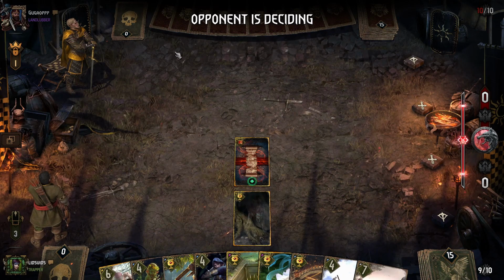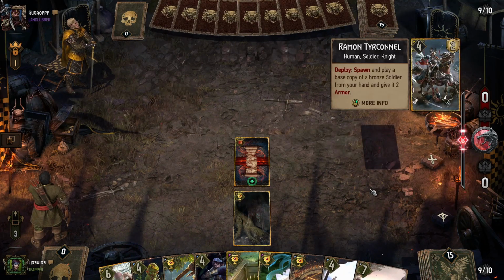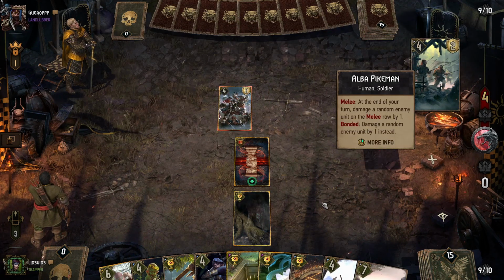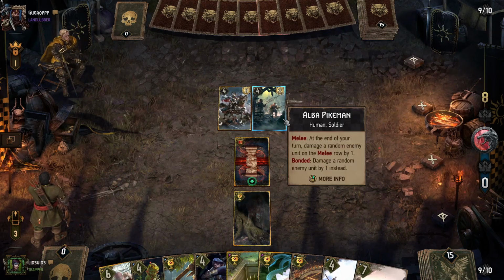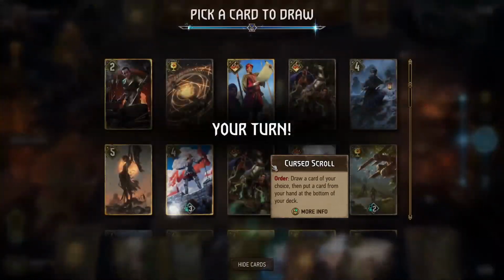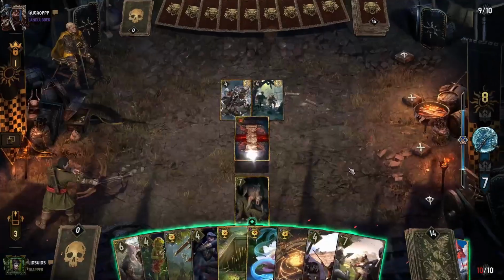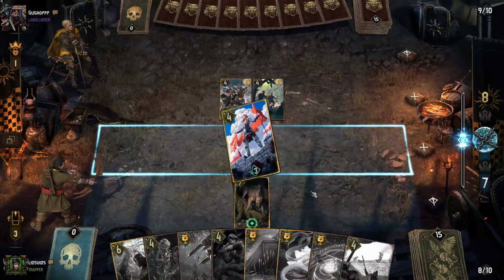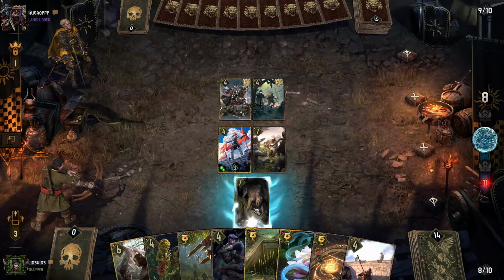And I saw they have Sunset Wanderers as well. Ramon. That's actually a really good way to work around the Saber-Tooth Tiger. But the damage is probably not going to work all that much. Let's quickly use Curse Scroll, and let's get Saskia Commander, and let's get rid of one of our bronzes, and then let's play Saskia Commander in our melee row, and then flip you...